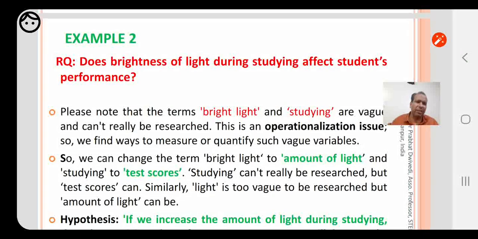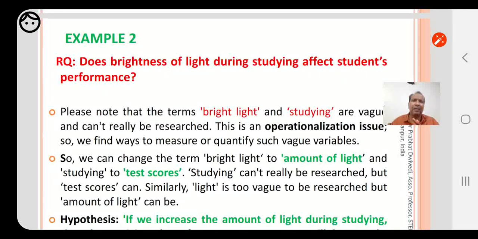Just as we now try to find ways to measure these variables, bright light and studying. How can we measure these variables, because these are vague variables? So we try to change the terms, like we can change the term bright light into the amount of light. Bright light cannot be measured, but the amount of light can be measured. Pay attention to the term.